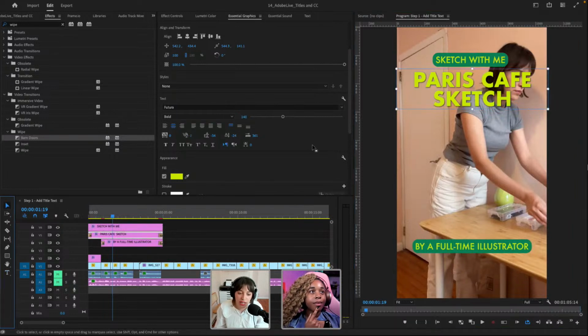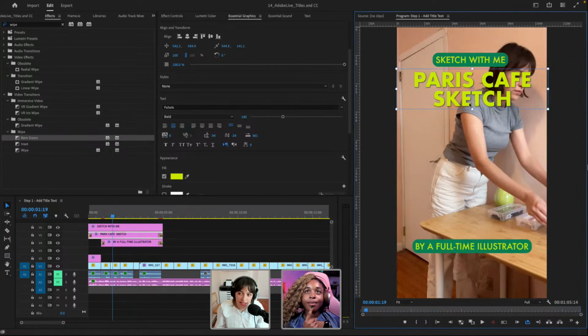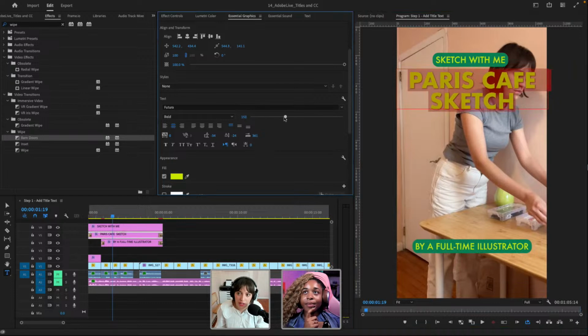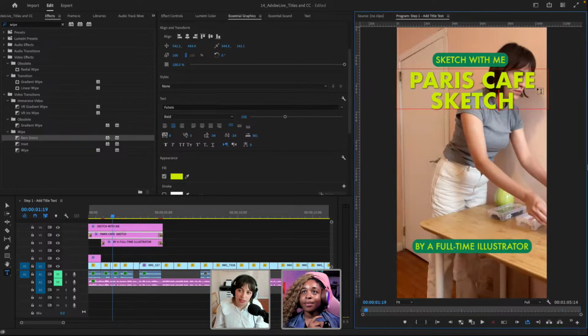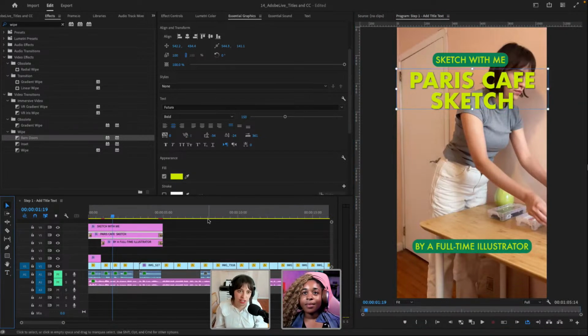Another thing you can do is create a style. So for example, this Paris Cafe sketch, let's say I want to adjust anything, even just the fact that I've made it this height. Maybe I want to make it a tiny bit bigger. All right, let's say this is exactly how I want all my titles for all of my videos to be. Every single time, I don't want to have to